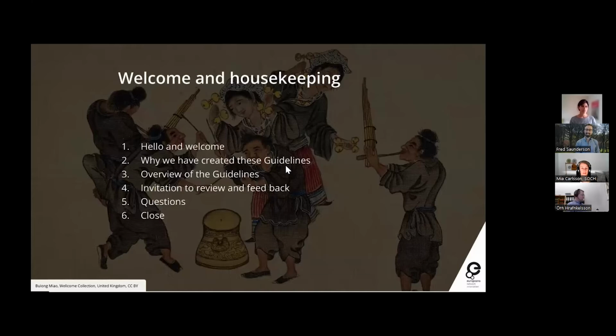And then I'll hand it over to Fred for a presentation on why we decided to create these guidelines, an overview of the guidelines and the content so that you get familiar with the areas in which they support you in copyright management, and then an invitation to review and give feedback from what you will have heard today and later on as well, and sometimes for questions. In principle, it should not take more than 1 hour. It might be shorter, also depending on how much appetite for discussion there is.